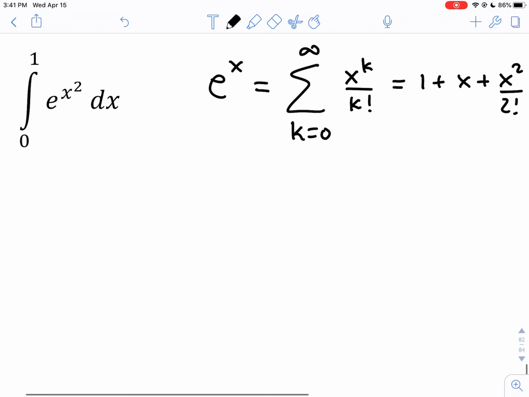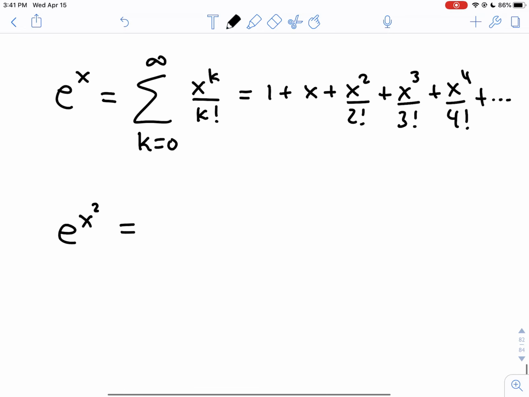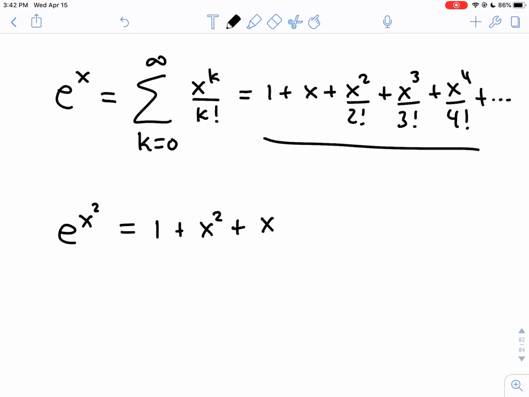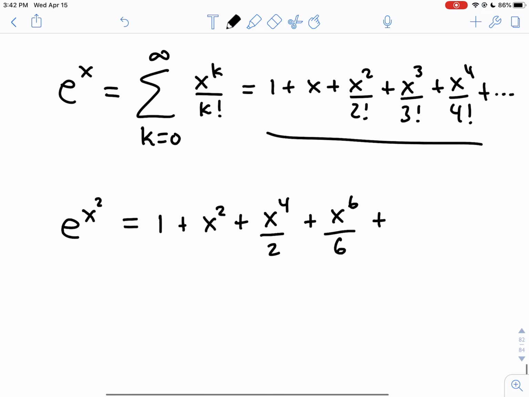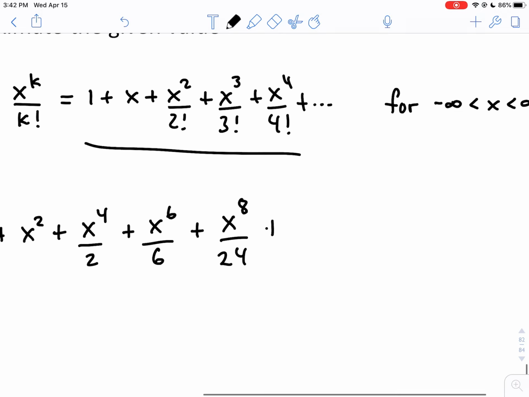Let's first figure out what a series for e to the x squared is. To go from this line to this line, I change all x's to x squareds. E to the x squared is equal to, and I'm just going to write this down, but change all x's to x squareds. So you have 1 plus x squared plus x squared squared. That's going to be x to the 4th, and that's over 2. Plus x squared to the cube. That's going to be x to the 6th, and that's over 3 factorial, which is 6. Plus x squared, and then to the 4th. That's going to be x to the 8th, and that's over 4 factorial, which is 24. All right, I could do more. You can see an obvious pattern here. X to the 10 will be the next one, and this will be over a 5 factorial, which is 120,